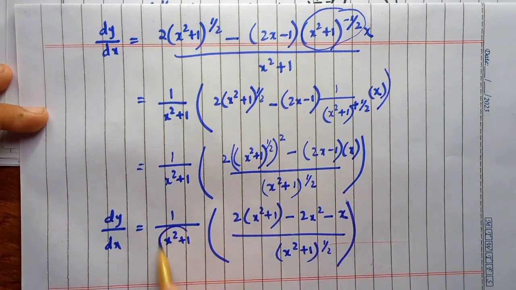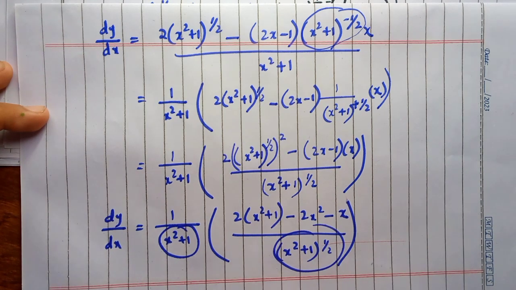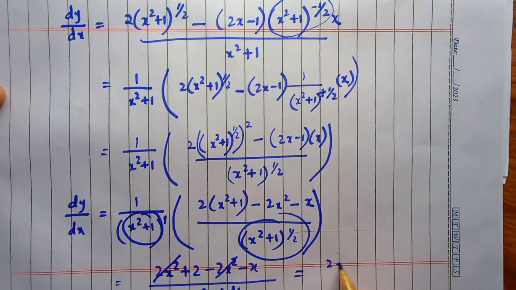If we combine x square plus 1 and x square plus 1 power 1 over 2, in the denominator this will become x square plus 1 raised to the power 1 plus 1 over 2, which is equal to 3 over 2. Similarly, the numerator will be 2x square plus 2 minus 2x square minus x. This will cancel out, so the final answer of this question will be equal to 2 minus x